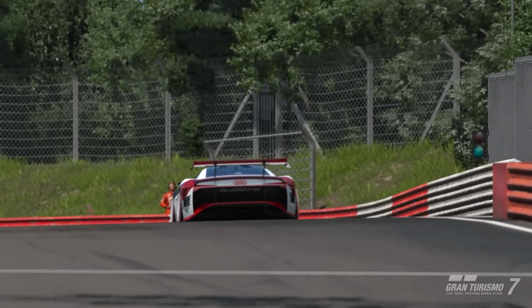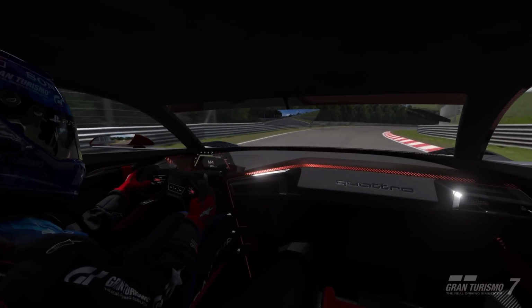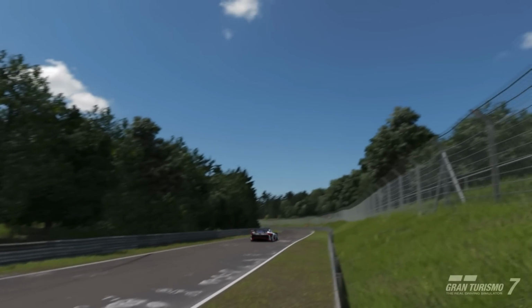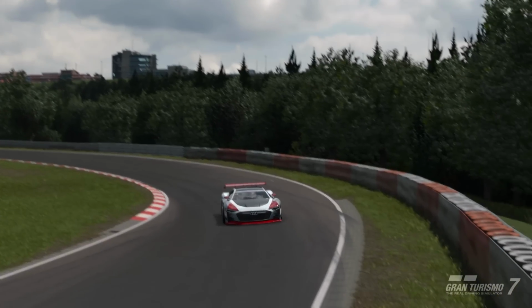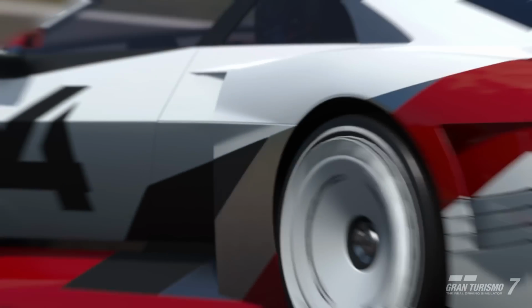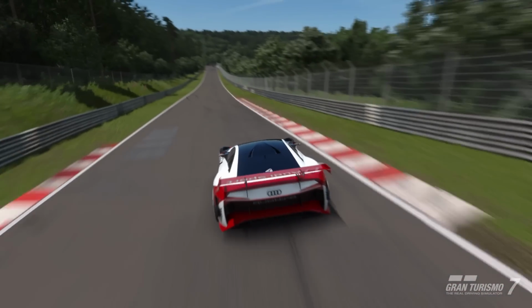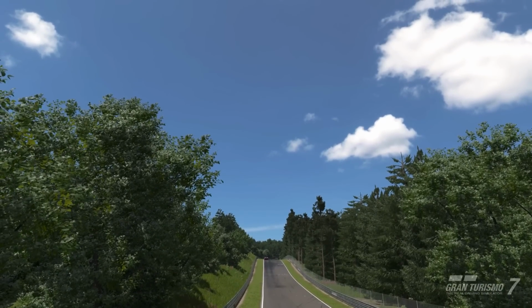for this vehicle. So the Audi Group 1 VGT has always been a bit of an underdog vehicle for me. It's one that you don't really hear much about, and I think that is mainly just down to the fact that its EV counterpart, or the more road-going VGT, is very much a long forgotten about car. Okay, it looks very cool inside, it does have relatively good performance, but it's an electric vehicle, meaning that a lot of people will just straight away assume that the Group 1 follows suit and will also be an EV. But this is not the case. This is obviously a full combustion engine, hybrid power, I believe. I'm pretty sure it did have the hybrid bar when I was testing it, and overall it is a very